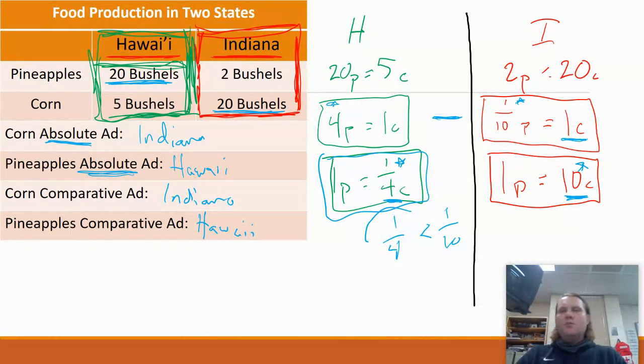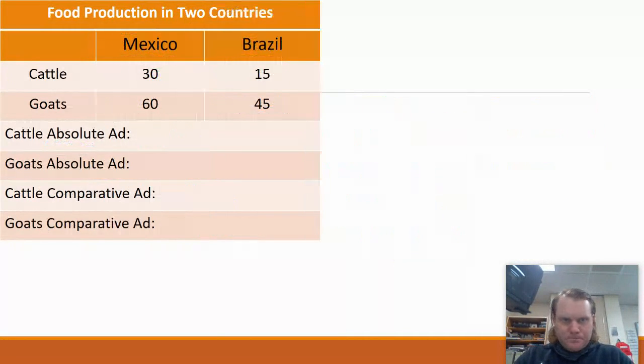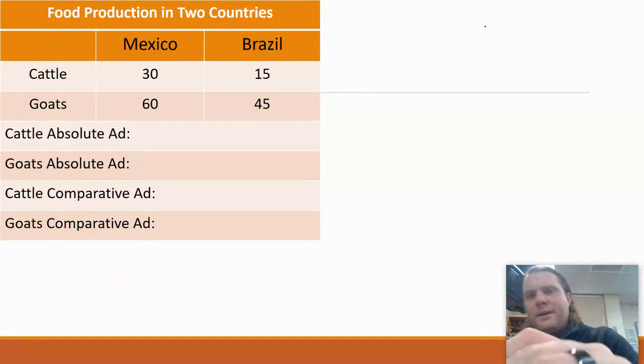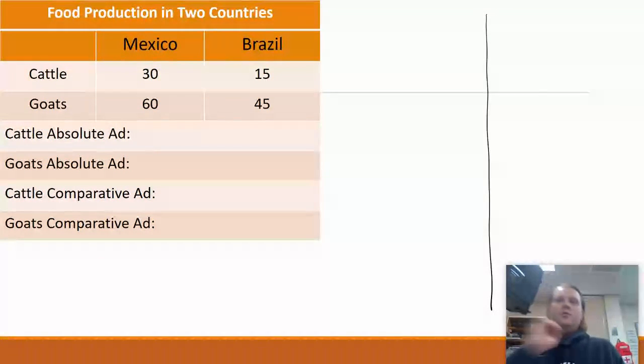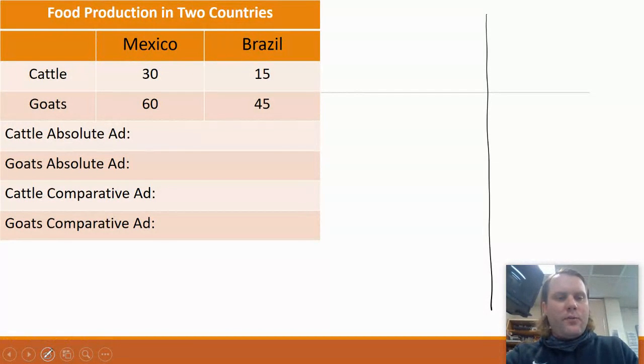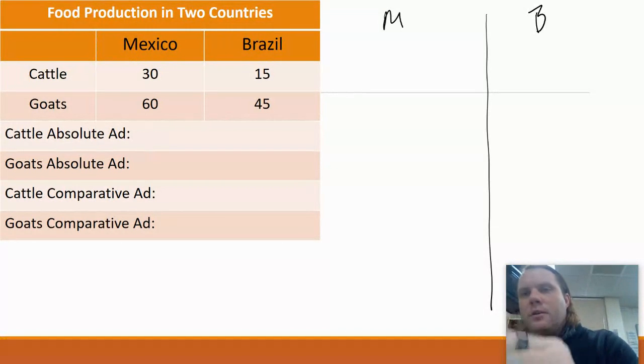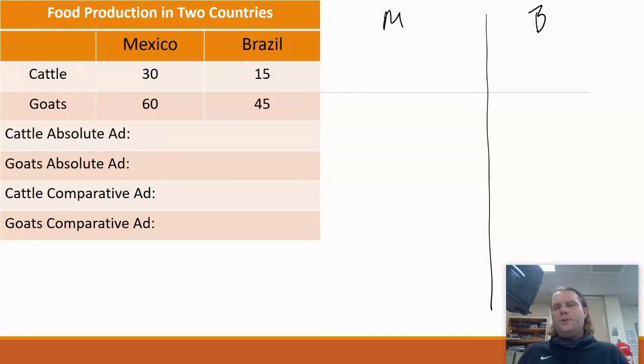All righty, let's move forward here. Let's practice another one. Same thing. Pause it here real quick. Jump through the work on your own, and then we're going to work on it together as we move forward. It is very effective if you work on it on your own. If you didn't want to start yet, I'll set it up for you first. We've got a Mexico side, and we've got a Brazil side. But make sure that you take some time to do that to get good at it. All right, hopefully you did that.